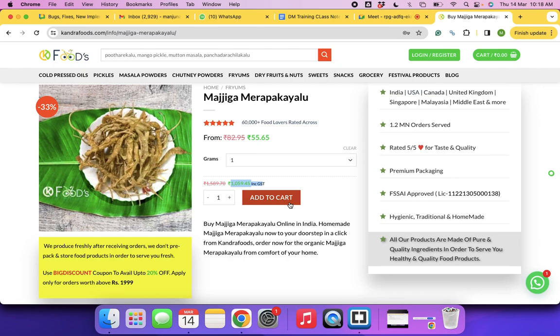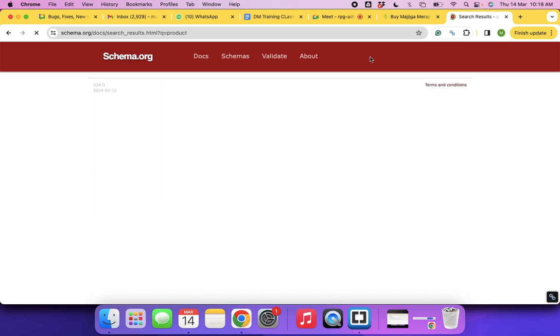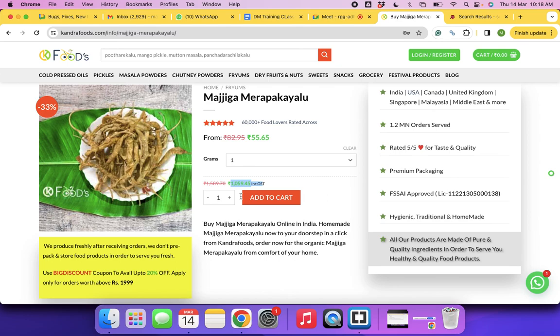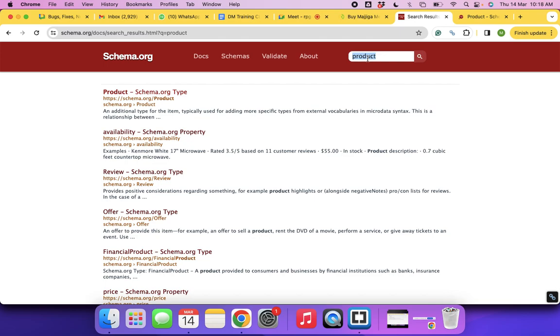If your web page is about, let's say, a person's page, an author, then the author schema will be implemented. This is the home page of the website, and organizational schema will be implemented. There are different kinds of schema, and we understood schema.org. Schema.org is going to help us refer to different kinds of schemas and their guidelines. In case this is a book, there will be a different book schema. See, now this is product schema. Let me search book.